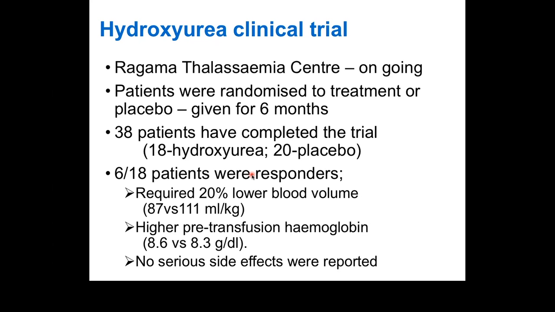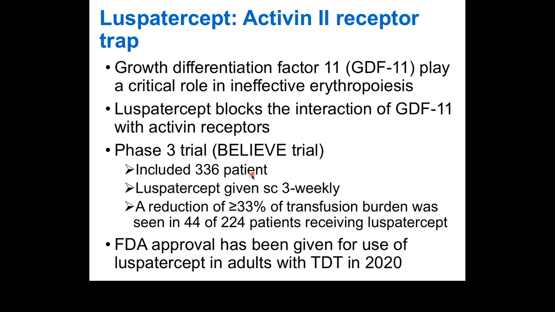So at the moment, we can say that it seems hydroxyurea is effective in a subset of patients with beta thalassemia, transfusion dependent thalassemia, but not fully effective. We are further evaluating the confounders or the other factors that will predict the response to hydroxyurea in these patients. That's all about hydroxyurea. Then we will move on to the new activin 2 receptor trap drug which was developed,